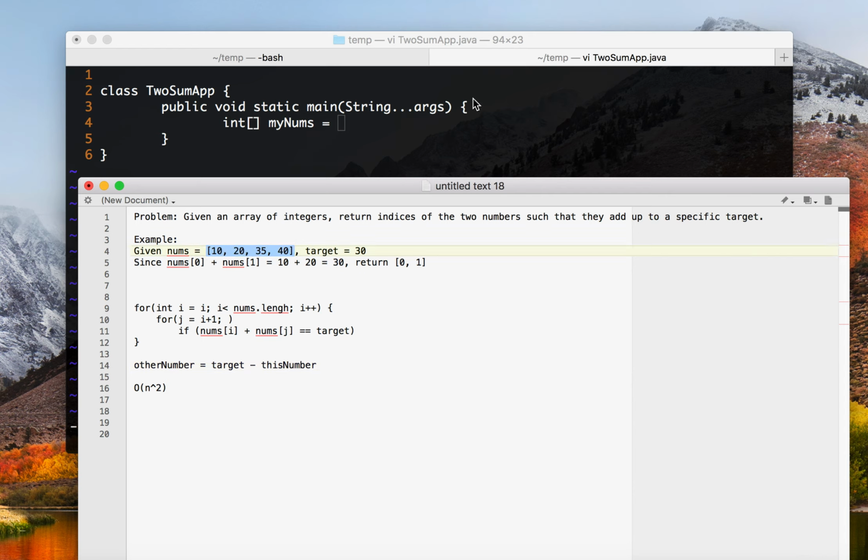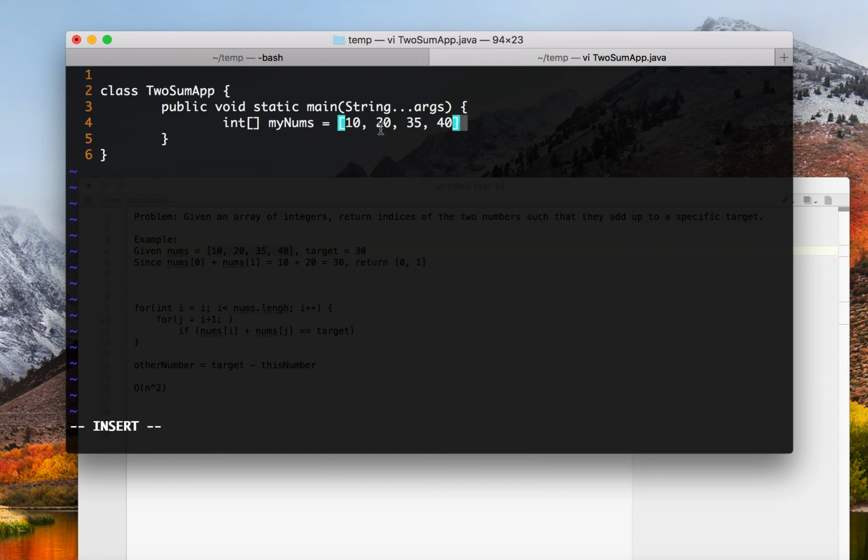I'm going to copy paste here, but that's not the right syntax for Java, so I'm going to fix it. Okay, so that's my nums, and my